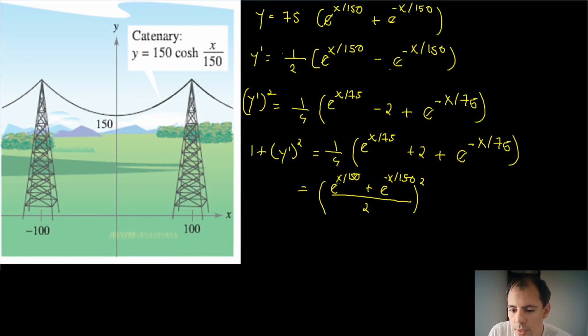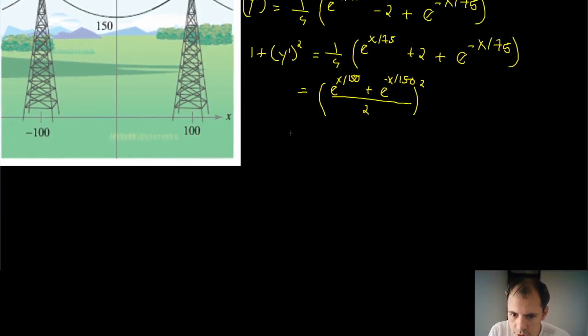You have this thing squared, which is going to be this. Twice this times this, it's going to be this. And when you take the square of this thing, you're going to go back to here, right? So this is equal to this, which is equal to this. All right, and now we're going to take the square root